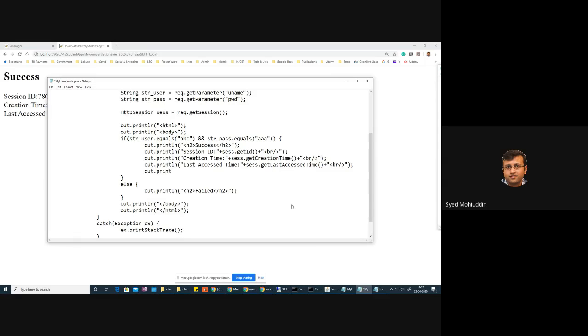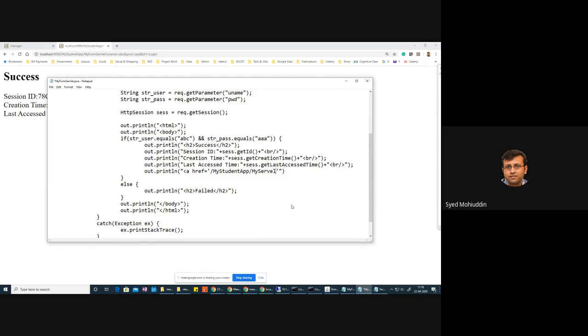We will use println, and I'll use an href tag, with the link being the application name, my student app, slash,